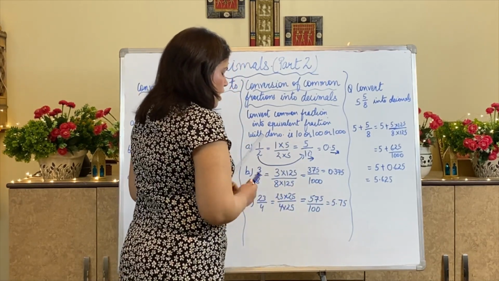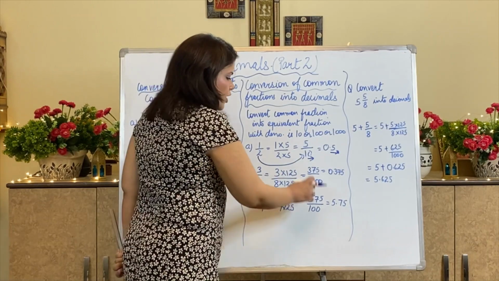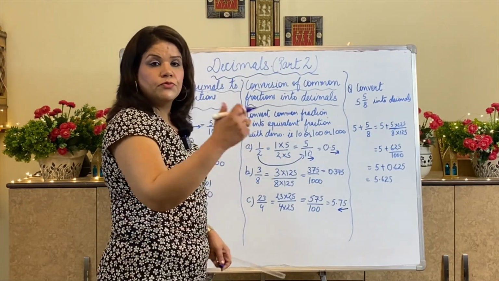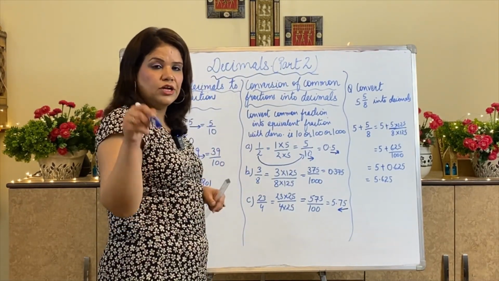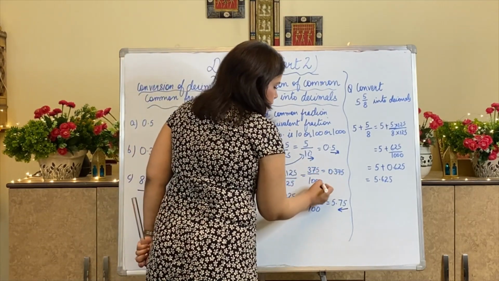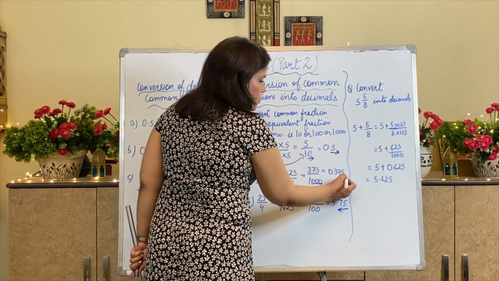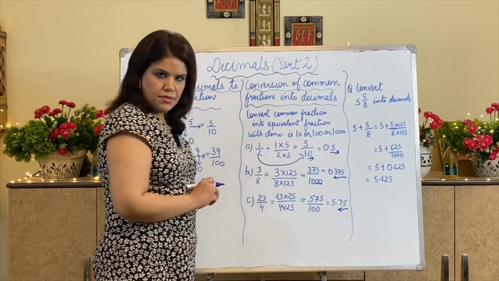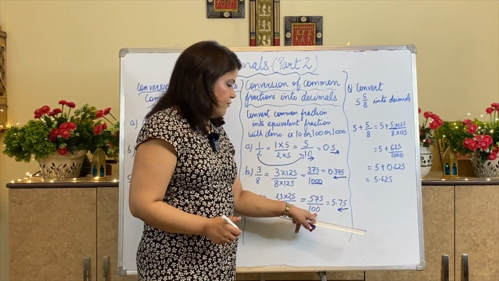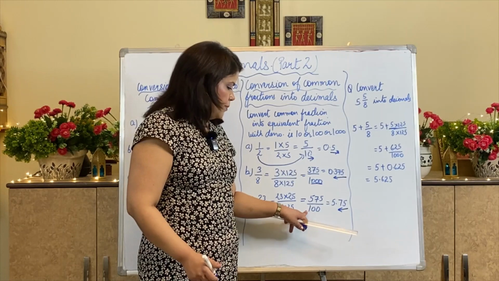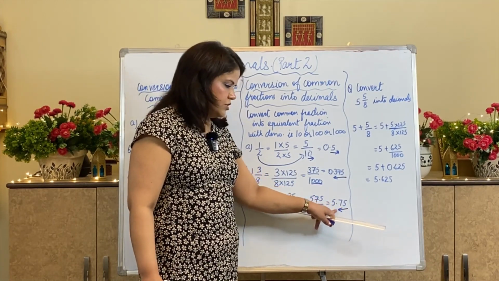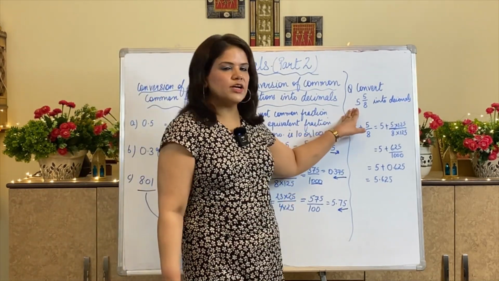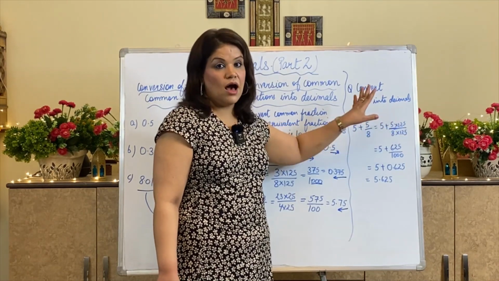So 2 digits, how will I count? When we go from fraction to decimal, we count from the back towards the left to find out where I need to place my decimal. Here I was having 3 decimal places. So I have gone to this side 1, 2, 3. Here the decimal has come. Understood? From here I have counted 2. Understood? In place of 1 I will write the decimal, and 2 digits I have counted from the back because there were 2 zeros. The same way this mixed fraction can be converted into decimals. How?